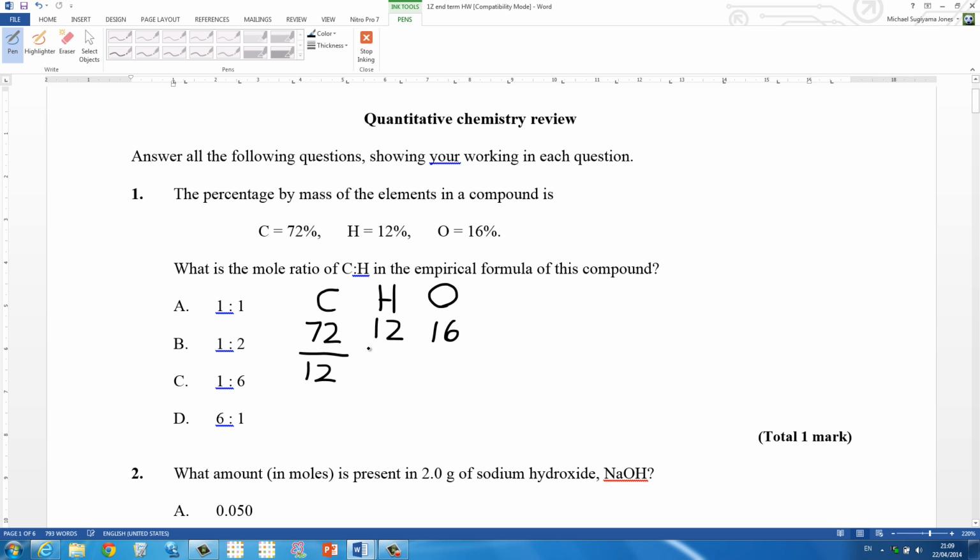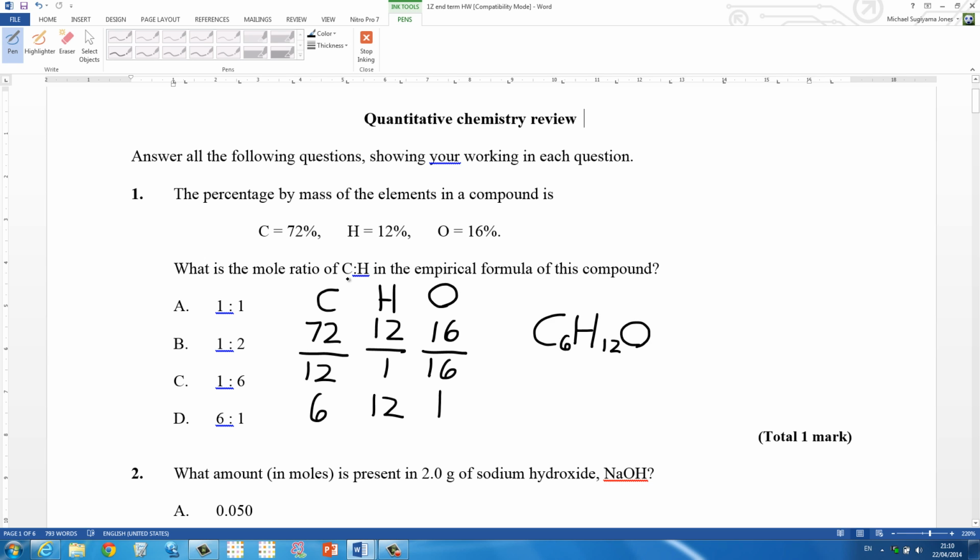So for carbon it's 12, hydrogen it's 1, and oxygen is 16. Now notice I'm using numbers to two significant figures because this will be a multiple choice question and you should be given relatively easy numbers to work with because you're not allowed to use a calculator on paper 1. Okay, so once you divide there you should get 6, 12 and 1. So then we write the atoms in order, C6H12O,